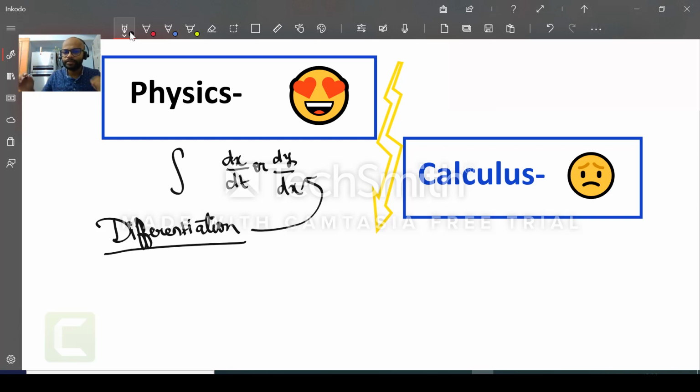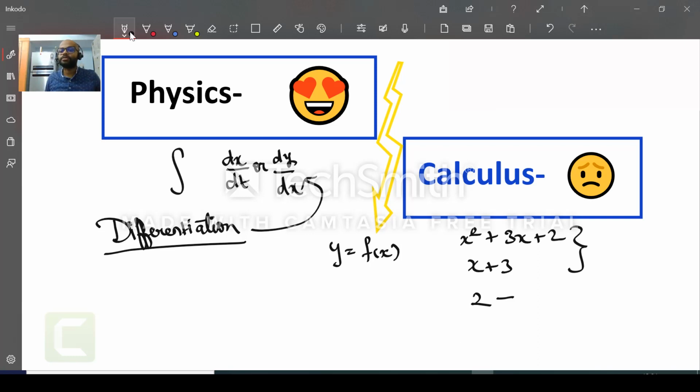Now you all know that differentiation looks like this: dx upon dt or dy upon dx. What is this and what does this mean? Let us try to understand this. For example, let's say you had a function y equals f(x). It means f(x) here is a polynomial in x. It could be a binomial, it could be a monomial also. For example, let's say x squared plus 3x plus 2. This is one polynomial. Or it was x plus 3, or let's say it was just 2. It could be anything, like a constant, right?